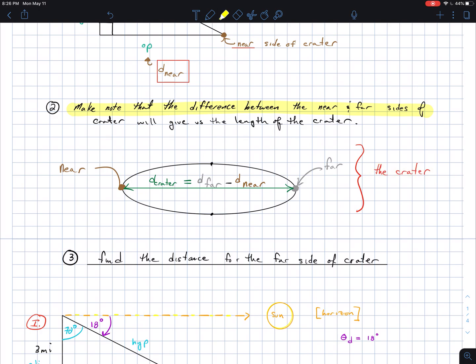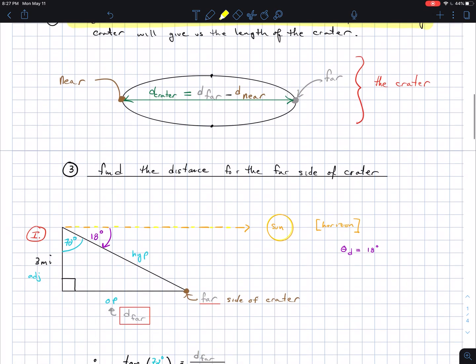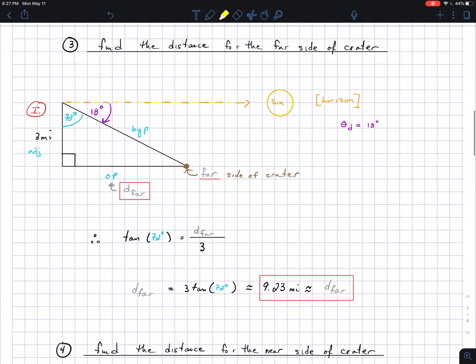So we know that the distance of the crater will be the difference of the far minus the near region. So what we have to do is find this distance for the far, which is the total distance, and we have to find the initial distance. Okay? So what we did was we found the two different distances,